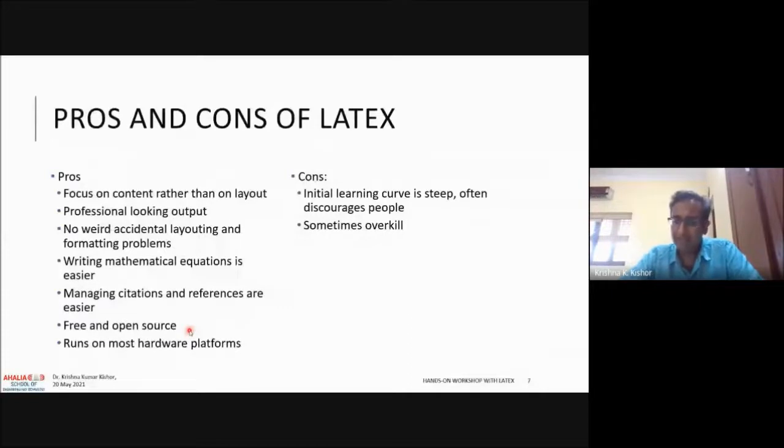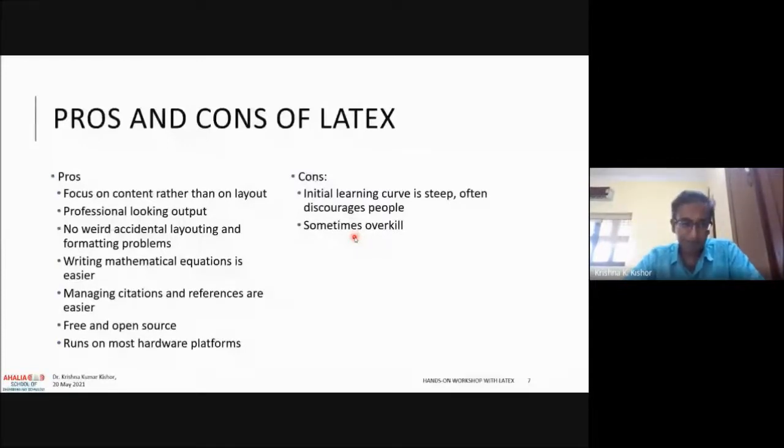Typically the problem starts when you have to install a separate software and things like that. That also sort of discourages people. And sometimes it's an overkill, right? Sometimes you don't need to use LaTeX. I'm not saying you need to use LaTeX for everything. Sometimes we all use Microsoft Word just as a temporary place to paste stuff, and for that you don't need LaTeX, because you're not creating any output. If you want to simply copy paste some random text from some website, you can use Word, no problem. So these are some of the pros and cons of LaTeX.